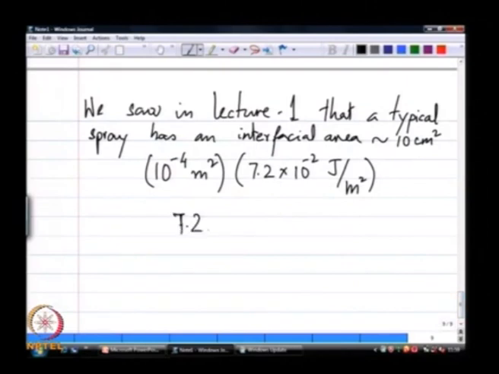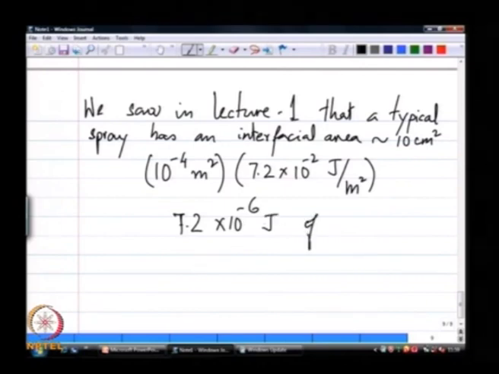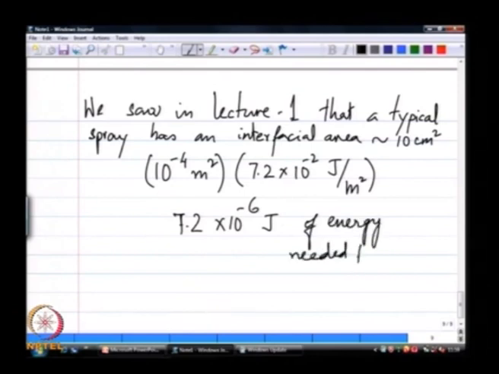So, that is about 7.2 into 10 to the power minus 6 joules of energy. So, the objective of a spray is to take a liquid, break it up, where I have increased the interfacial area. Therefore, the interfacial